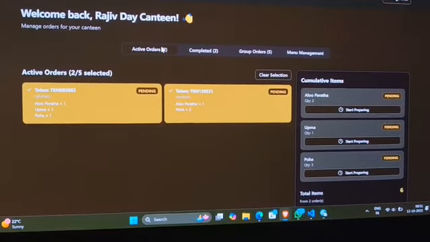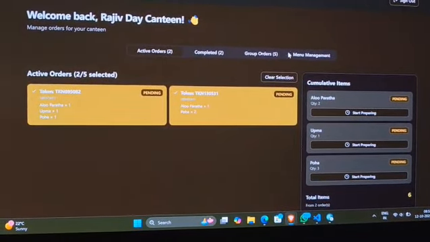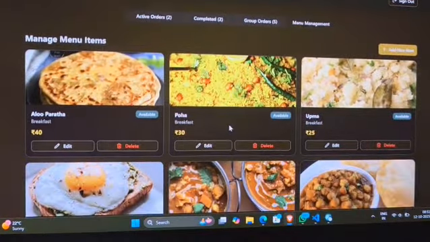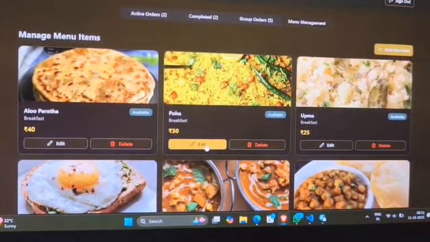Thank you very much. And we have another section called menu management. Inside here we have all the details of whatever items are being offered, and